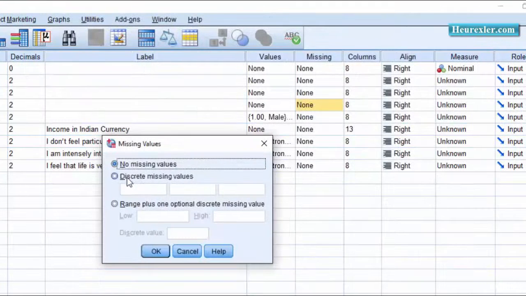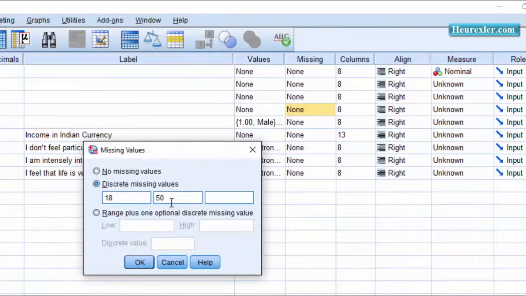Let's take the example of the age variable, and suppose in the age variable for some reason you want all those persons who have reported their age as 18 years to be missing from the data. So you can define a discrete missing value for them and they will be excluded from the analysis. Please keep this in mind that here we are giving the software a message that these values, that is 18 years, 15 years or 13 years, should not be counted during the calculation. So if you are calculating an average or testing a difference between group means, these values will be excluded from the analysis, though they will be present in your data set.